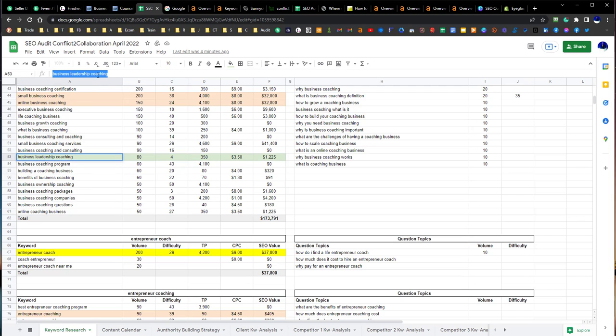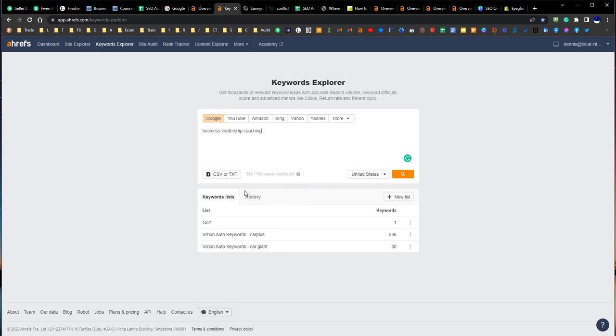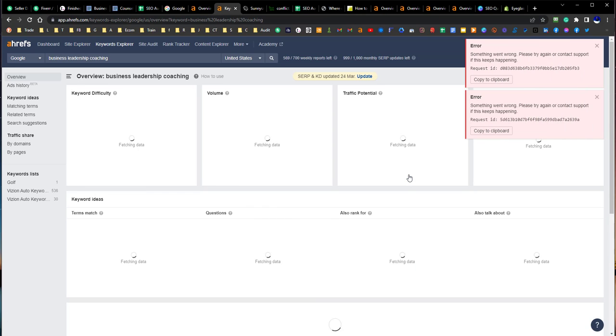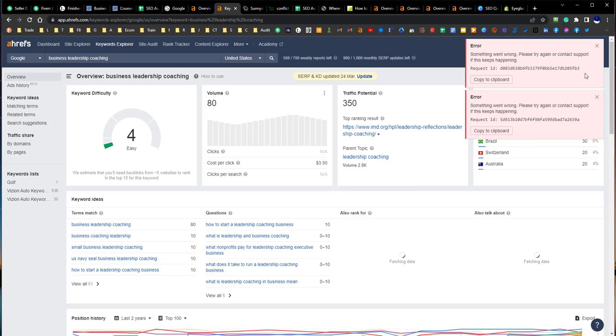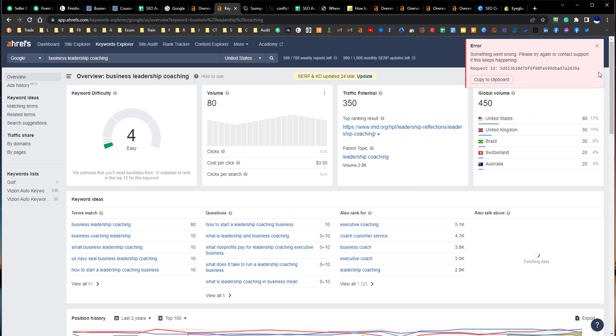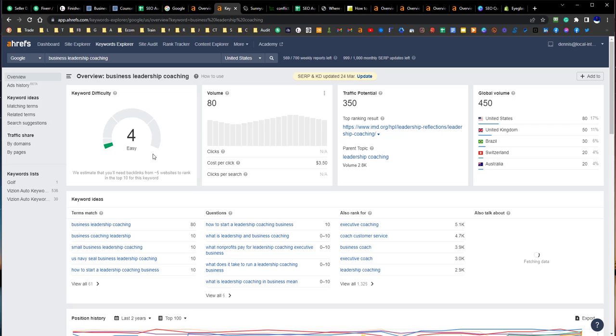So let's see if we could try to get this thing to work. I think it has something to do with my internet today for some reason. Okay, so if you see right here, the reason why this becomes an easy word is because it doesn't take a lot of websites to link back to you. Content is a main ranking factor, but also the websites that link back to you.